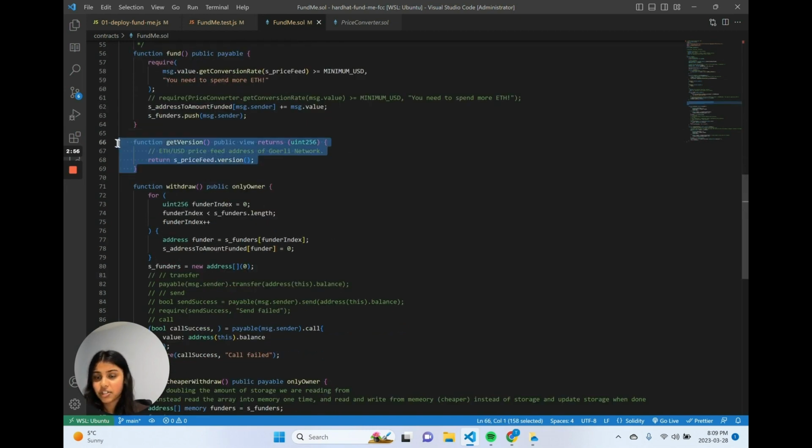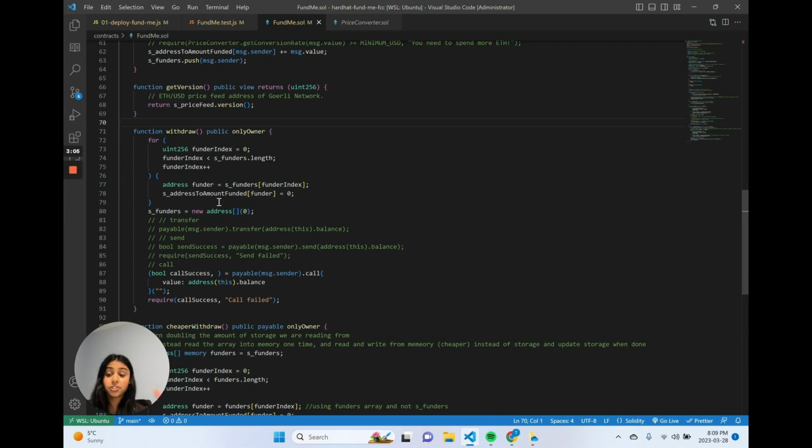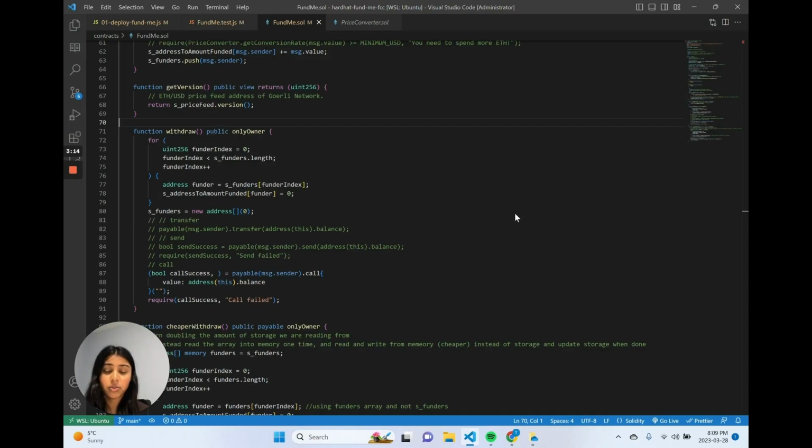This function over here just lets me fetch the version of the price feed that I'm using, so not too important. And then there is the withdraw function. There's two here, the cheaper withdraw and the normal withdraw function, but I'll just talk about the normal one here, and I'll talk about the cheaper one when I get to gas optimization. The withdraw function, regardless, allows the contract owner to withdraw all the funds that have been deposited into the contract